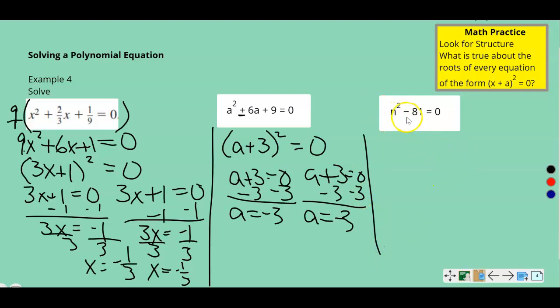All right, so I have n squared minus 81. So I have a perfect square minus another perfect square. Remember, 9 squared is 81. So this is going to be a difference of squares. So n plus 9 times n